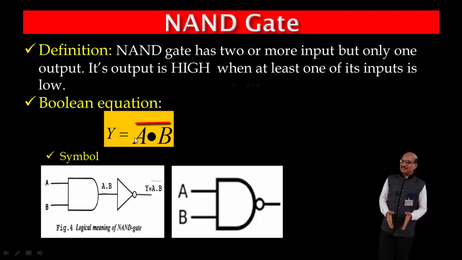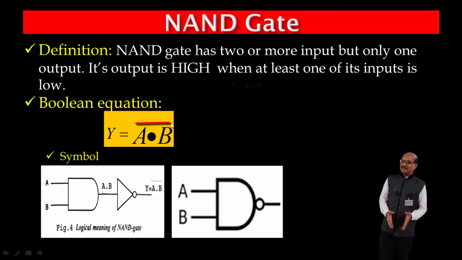So this is a derived gate, as we are saying. Why is this derived? Because this gate can be constructed by using basic gates. Now here, see how it is constructed. A and B. We require one AND gate having inputs A and B. So here we have the input A, the input B, and these two inputs are ANDed.